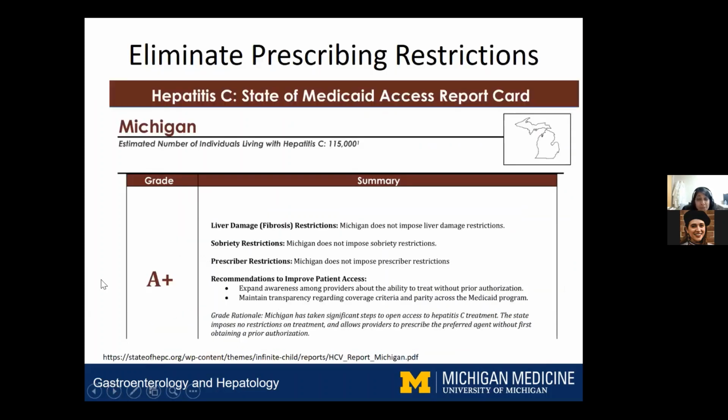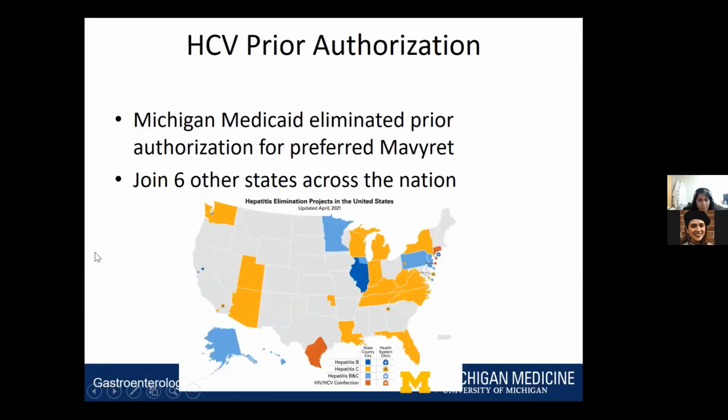So as part of this, the State of Hep C, which is a group that's looking at Medicaid access to hepatitis C across various states, has now given Michigan an A+ rating in terms of eliminating prescribing restrictions. So this is the best place really to be in terms of trying to get more treatment out to patients who need it. And the great thing is that Michigan Medicaid has eliminated the prior authorization for the preferred MAVRIT,